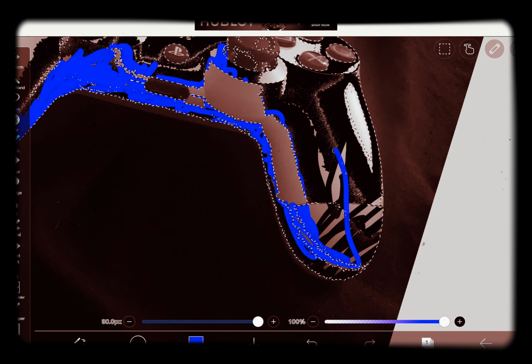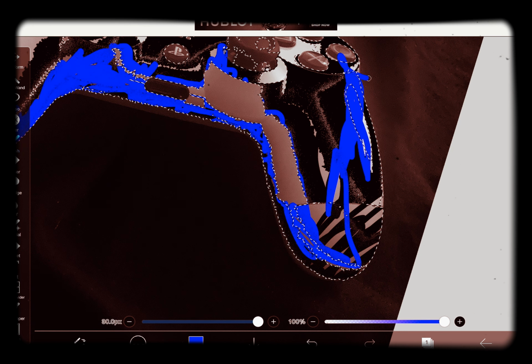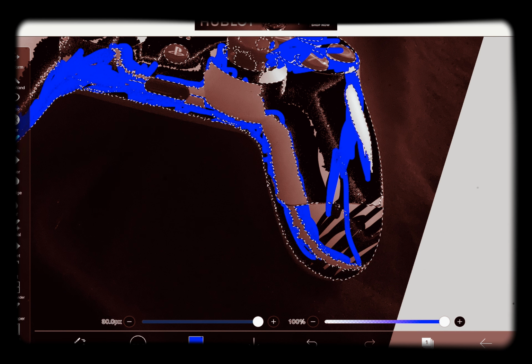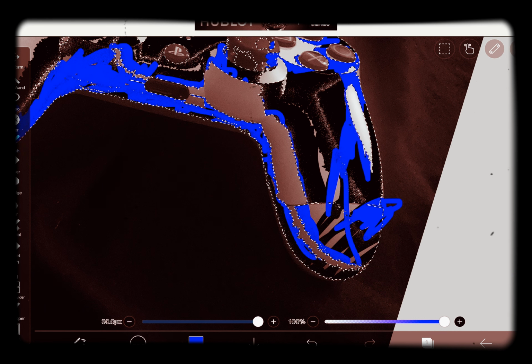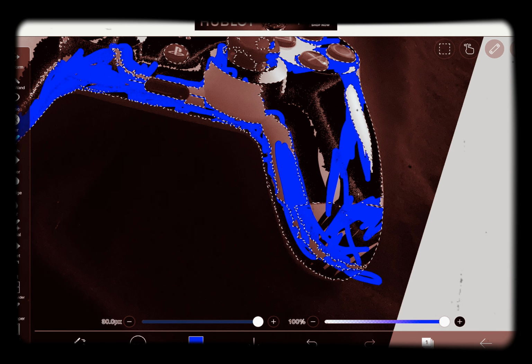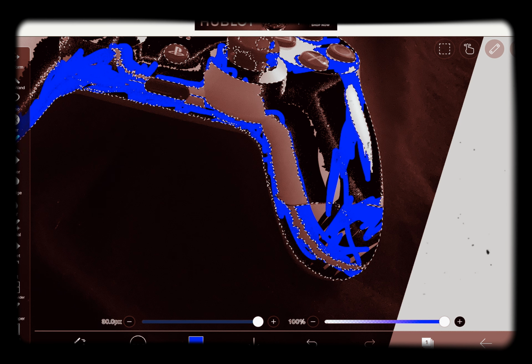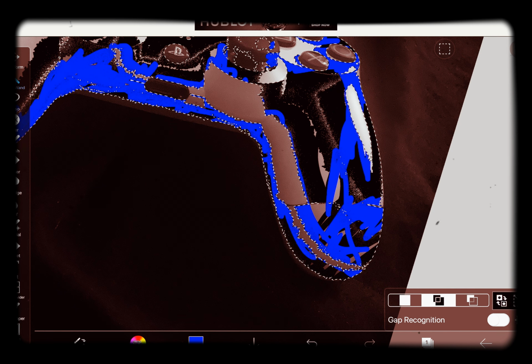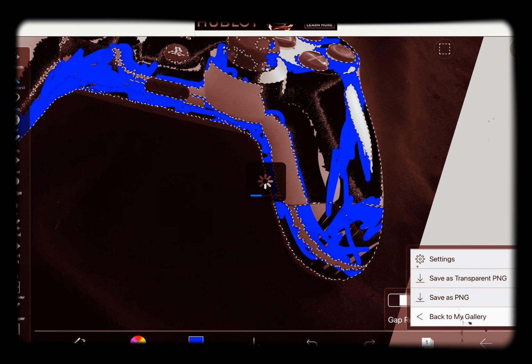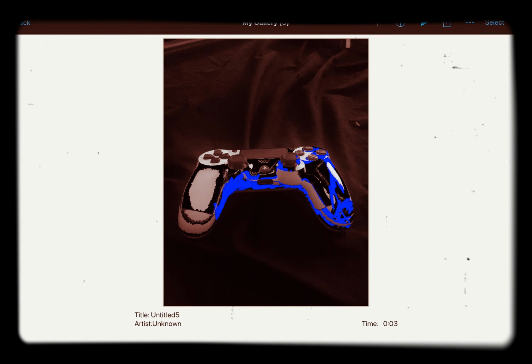So, if you edit like this, okay, gotta make it cool. Let me just add more details. Now some. Save it, go back to my gallery, and now if I